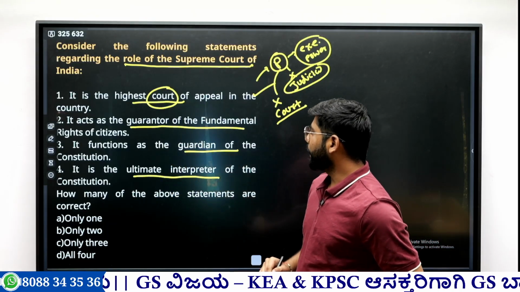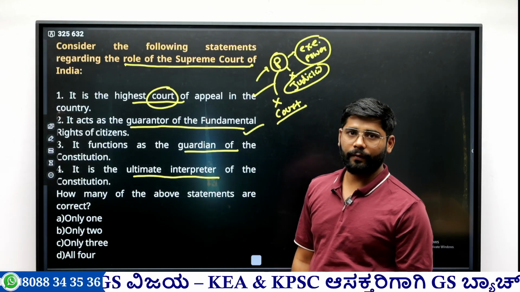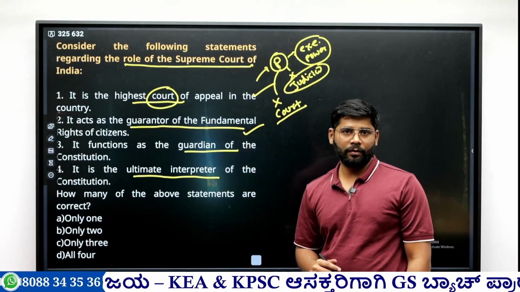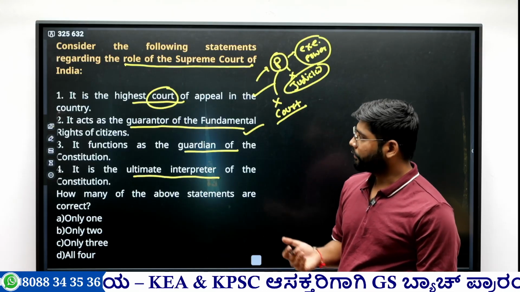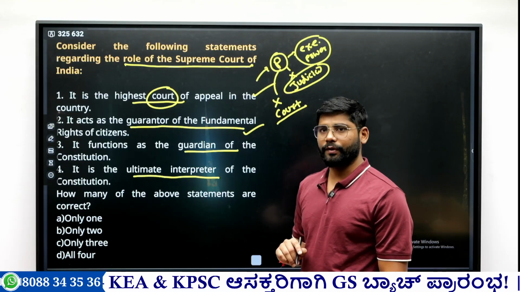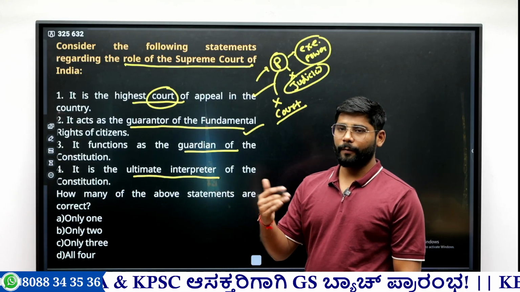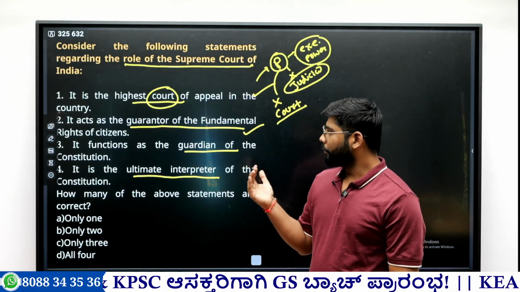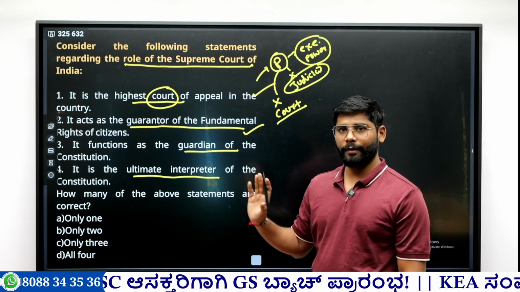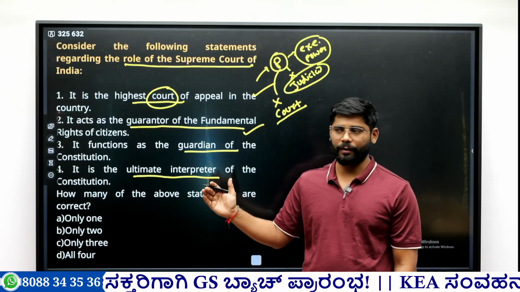Second, it acts as a guarantor of fundamental rights of citizens. Yes, Supreme Court acts as a guarantor of fundamental rights. Now many will think High Court is the same, but who has the original power? That is the Supreme Court. So the Supreme Court is considered guarantor of fundamental rights of citizens. Now there is a difference between original power and original jurisdiction. When it comes to original jurisdiction, the power lies with High Court, but when it comes to original power, it is the Supreme Court. Okay, that I have discussed in the fundamental rights chapter. Third part, you can go and watch that one.